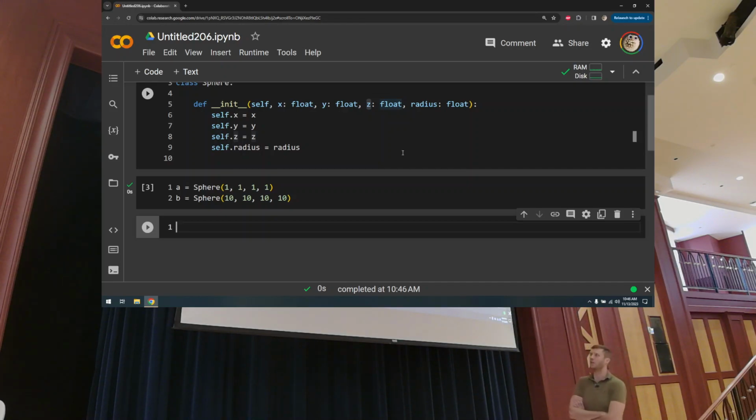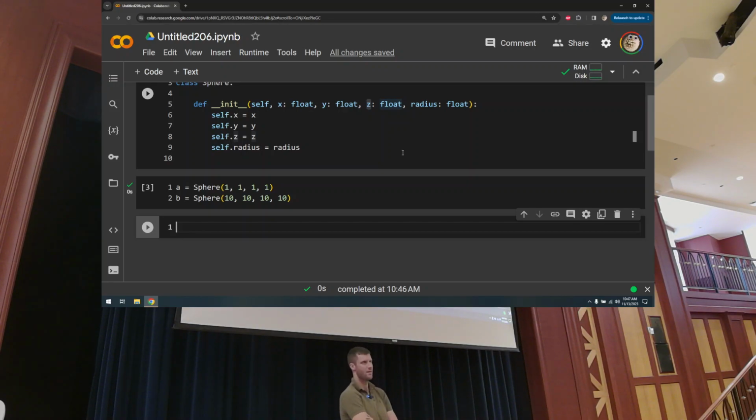The first sphere, the one referenced by the variable a, what's its radius? If you think this is a trick question, you're in big trouble. This should be obvious. Everyone should be able to yell the answer out. 1, very good. B, what's B's radius? 10, perfect, great. They both have a radius, but the values that they have are not related in any